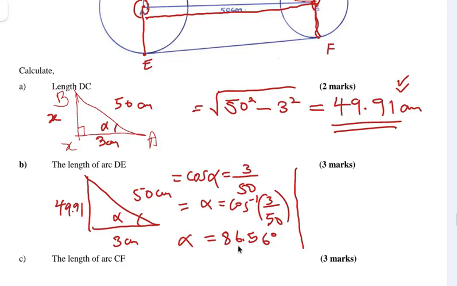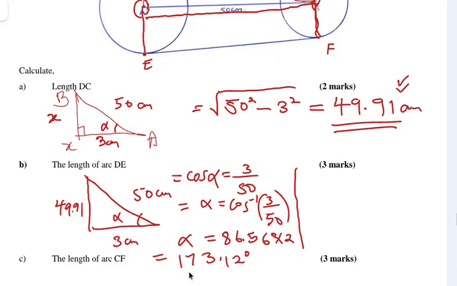Kumbuka tumpata tu ile angle kidogo to this section peke yake, na tumeambiwa tutafute the whole angle. So I'll times by 2. Okay, I'll times by 2, baada nisha times na 2 nichukue hiyo answer 86.56 times 2 itanipa answer ya hiyo angle yote